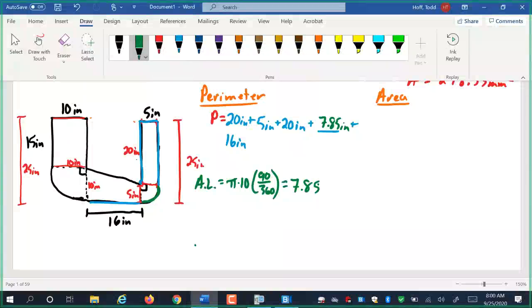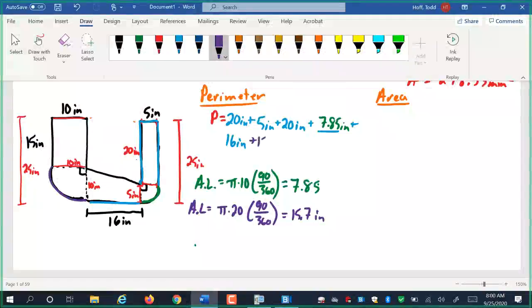Then we have another arc length here. I'll do that one in purple. So that arc length is pi times 20, because that is a radius of 10, so diameter of 20, also times 90 over 360, giving us 15.7 inches for that arc length. Plus, we have 15 there, 10 inches there, another 15 inches here, and finally we have